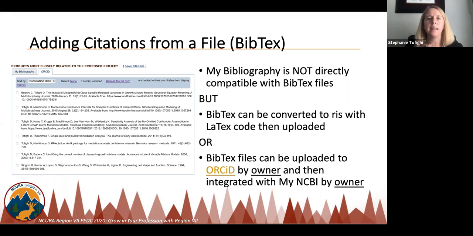upload anything to ORCID or share anything with ORCID unless the owner has already given them access to that. So if you have been delegated to a My NCBI account, you cannot do anything with ORCID. We're going to talk more about this. But if you have a PI who has an ORCID account, or who you're encouraging to create one if they don't already have one, they can upload Bibtex files to ORCID, and then they can link their ORCID account with the